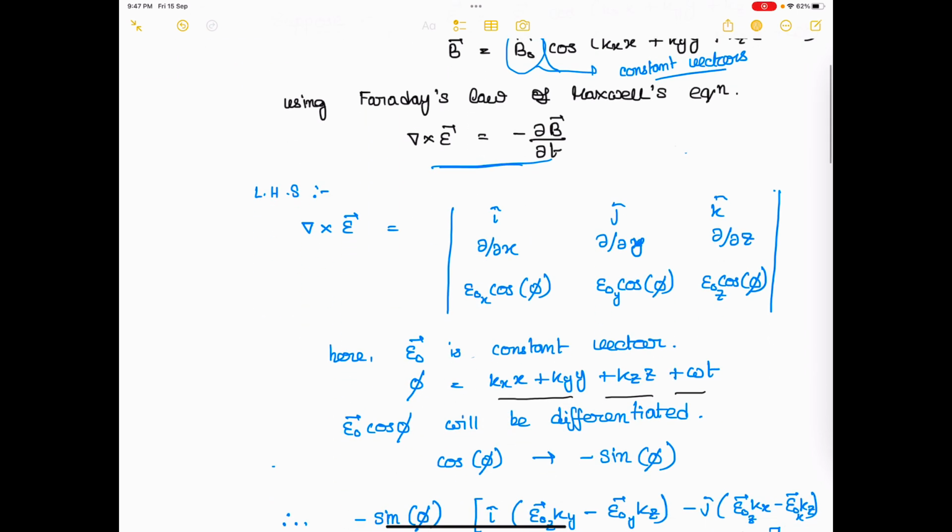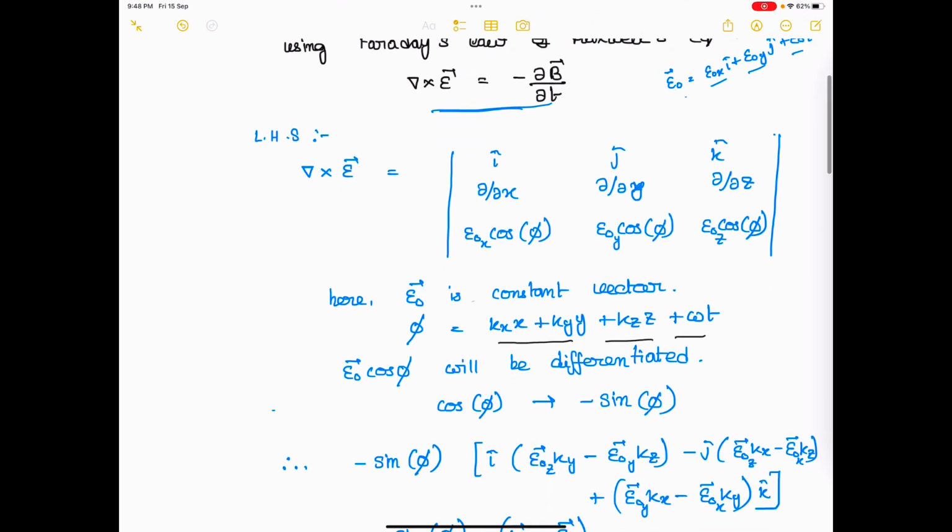So since they are constant vectors, we are writing E as E naught x i cap plus E naught y j cap plus E naught z k cap. Similarly, B naught can also be written like that. But these are constant values. These are all constant values. Therefore, now if we do the derivation of this particular thing, then we can find out that since this is